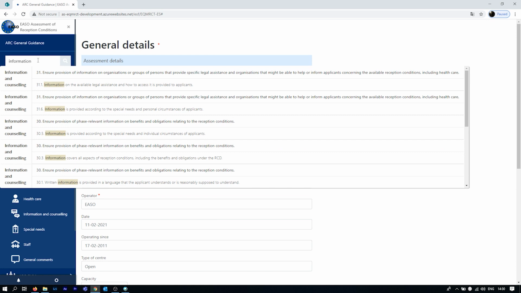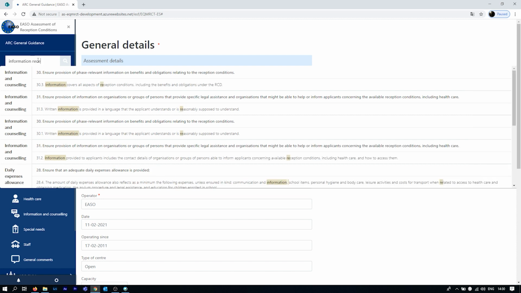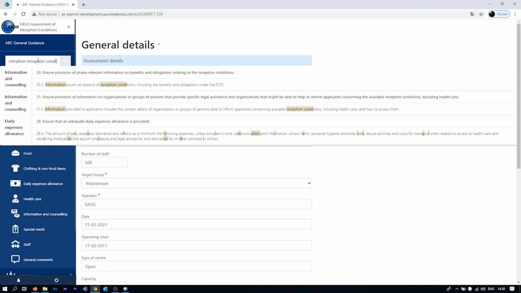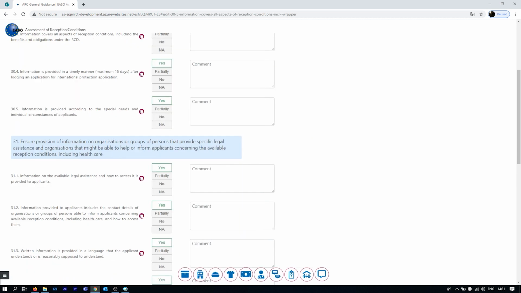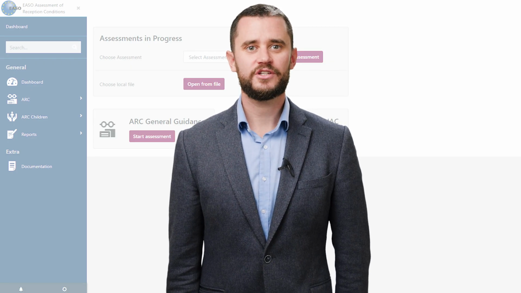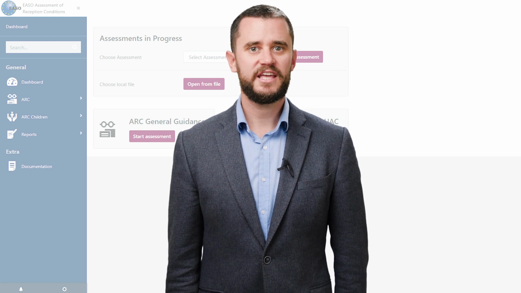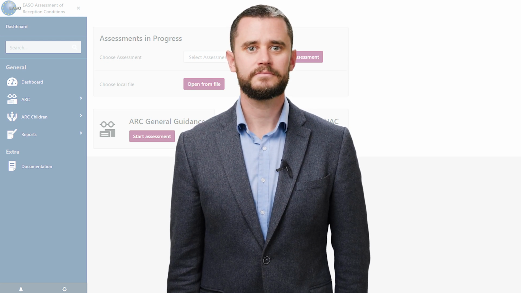If you type in information on reception conditions, the most relevant standard and indicator related to search will be displayed first, as shown on the screen. Clicking on one of the displayed indicators will guide you directly to it. You can now assess it and write your comments. Then you can go back to where you were. We will explore other functions of the sidebar, such as reports and documentation, later on in the video.